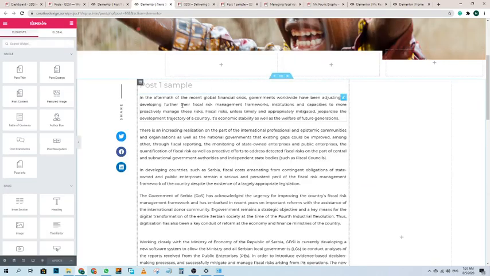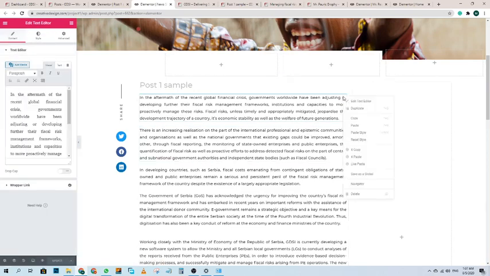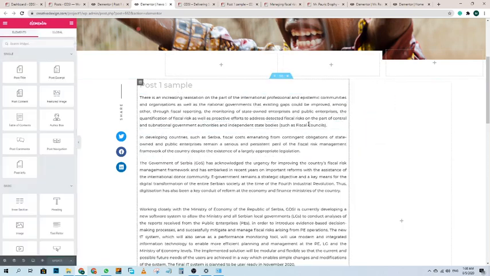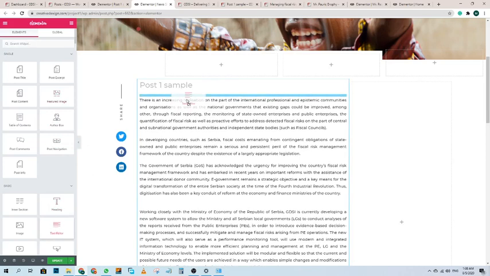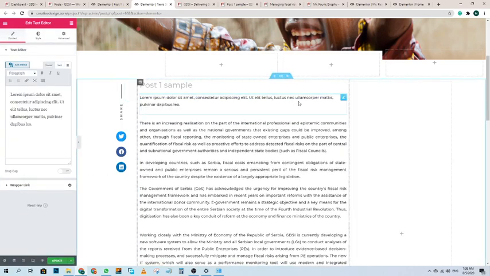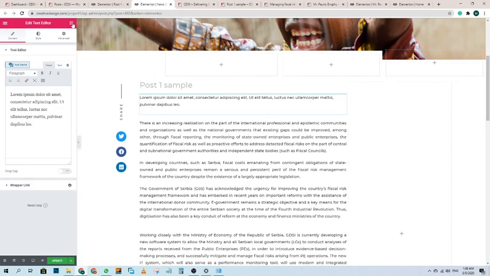For this I will remove this. You can simply delete or add a new text editor element. For adding a text editor element, you just have to click this 6 icons or 9 icons.